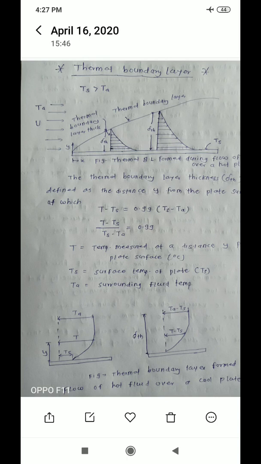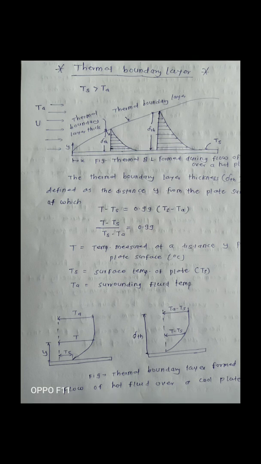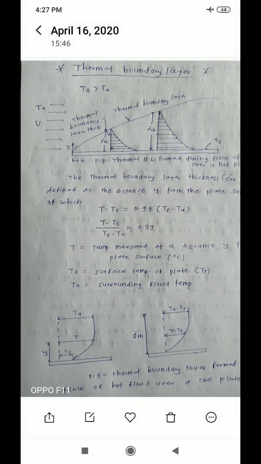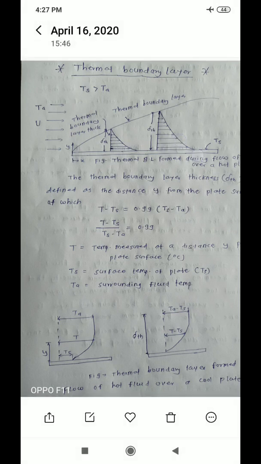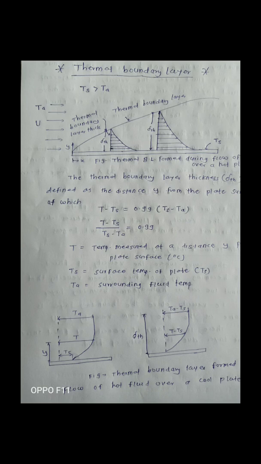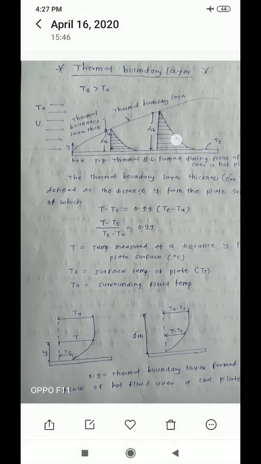If we move further along the plate, then the temperature of the adjacent surfaces increases, because the fluid is continuously moving over the surface. Because of that, the temperature of the layer will increase. Similarly, the upper layer's temperature is higher compared to the second layer, and the third layer's temperature is higher compared to the layer above. In this way we get the thermal boundary layer profile. So temperature changes in this way,